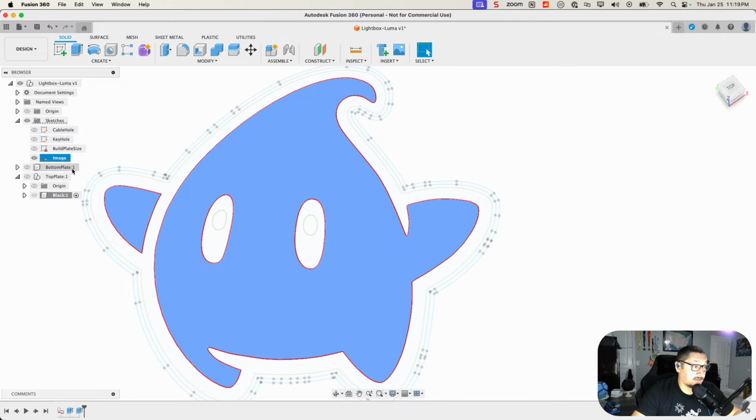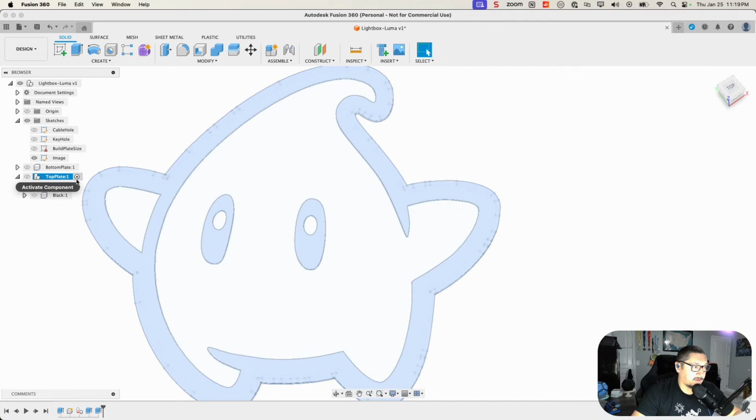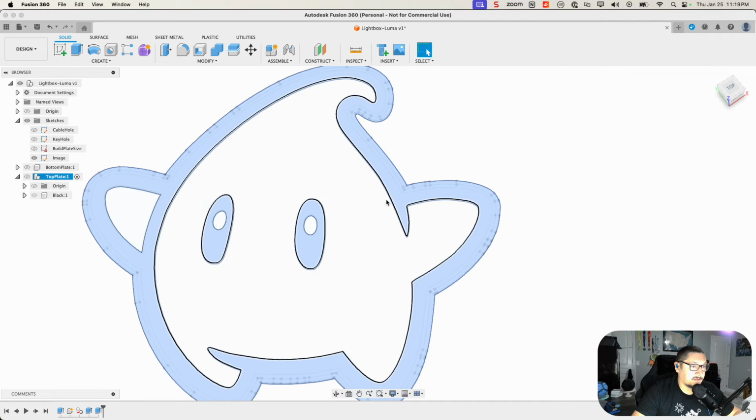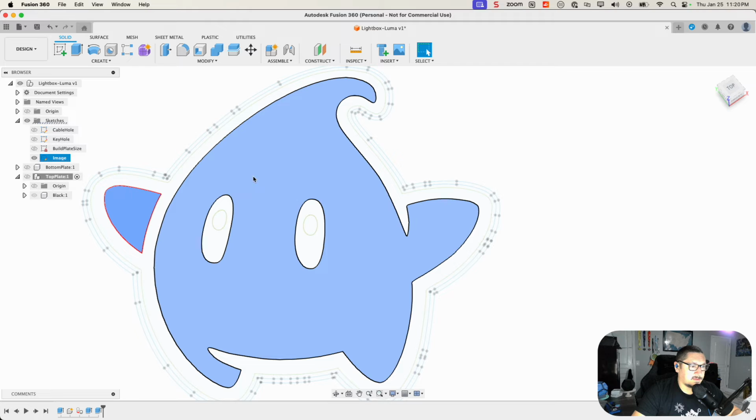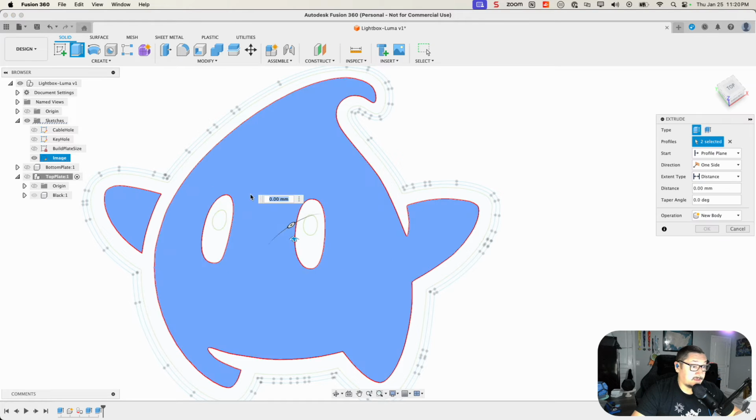I'm going to hit to activate the top plate because this is where we're going to be actually creating our next component. I'm going to hit the eyes. Oh, did it deselect that? There you go. I'm going to hit E to extrude those, and because these are the light side, I'm basically